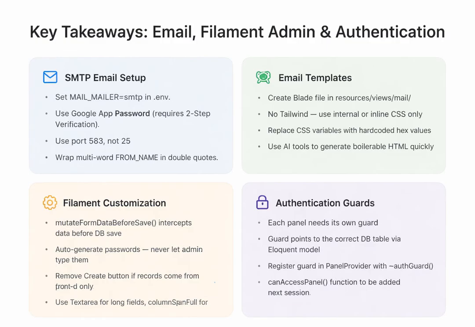Let's wrap up with the key takeaways from everything covered in this session. For SMTP email setup, remember that the mail mailer must be set to SMTP. You need a Google App password, which requires two-step verification to be enabled first, and port 587 is the standard choice. For email templates, Tailwind CSS simply does not work. Use internal or inline CSS. Replace any CSS variables with hard-coded hex values, and feel free to use AI tools like Grok to generate the